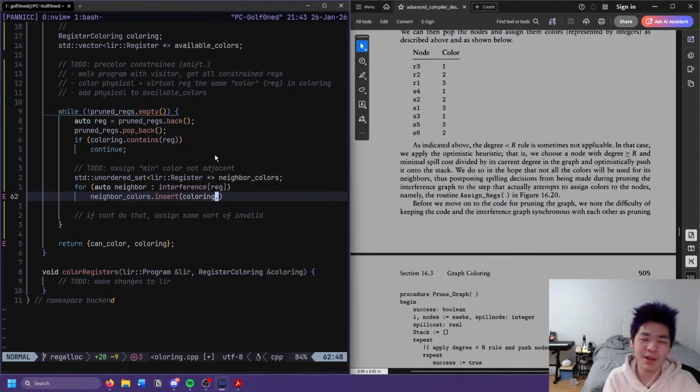Is it fine to use the bracket operator here? Because I'm kind of lazy. The default value is just a null pointer, right? And I guess that kind of works out. No, because we're doing a contains check.